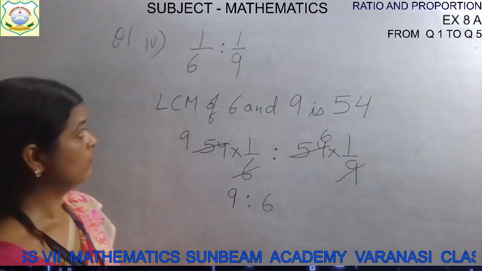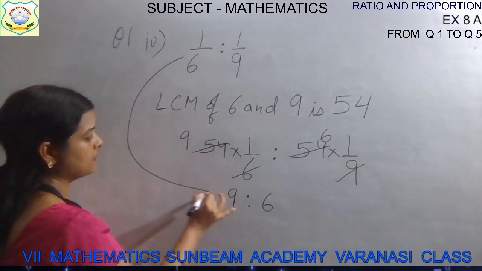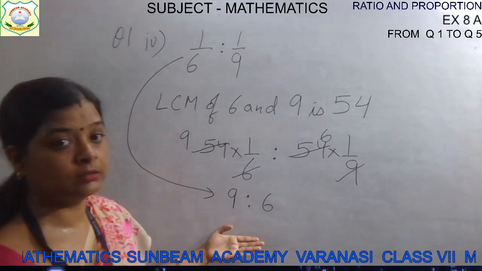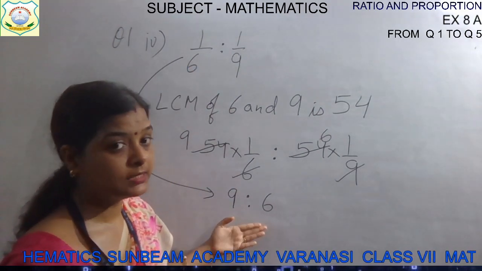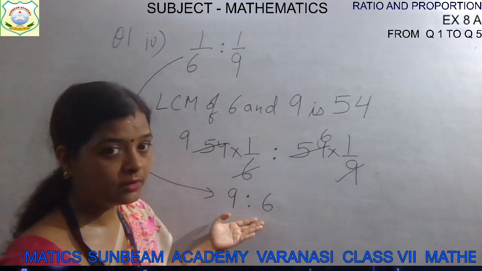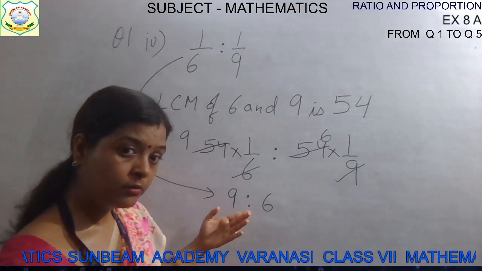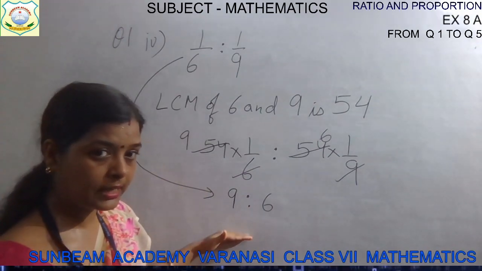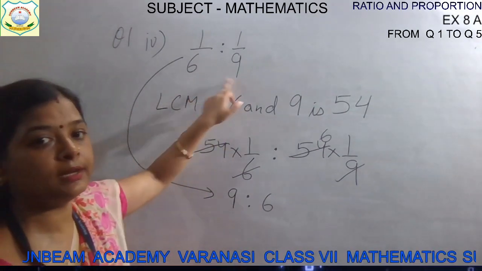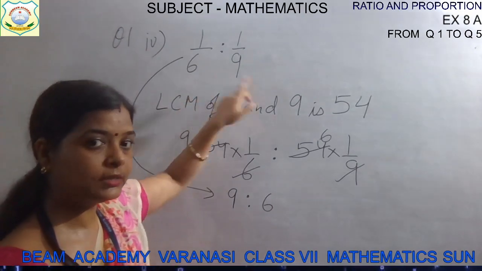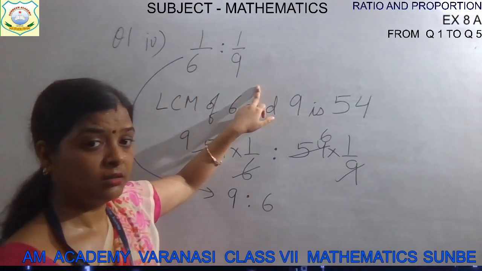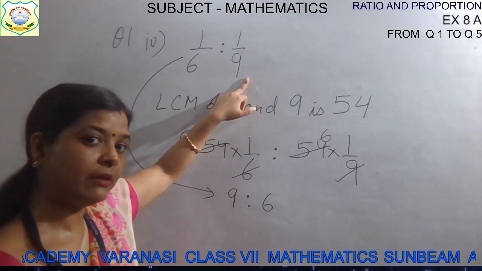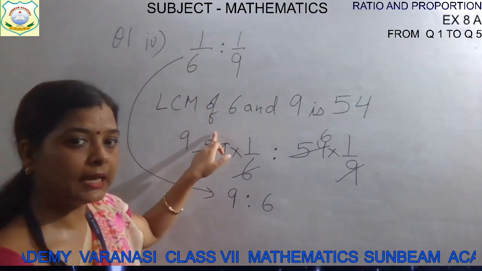No. We have solved this till here so that our ratio will be in simpler form. Is it in simpler form right now? No. We can further simplify it. Right now at this stage we have simplified the denominator only. We have removed the denominator. It is not looking good for us. So we will simplify this denominator by taking the LCM.